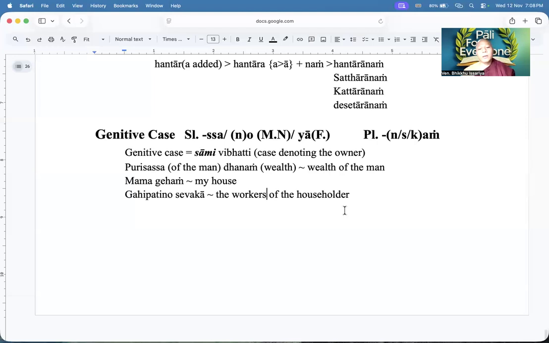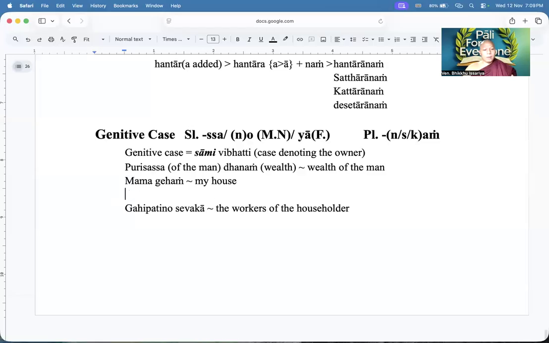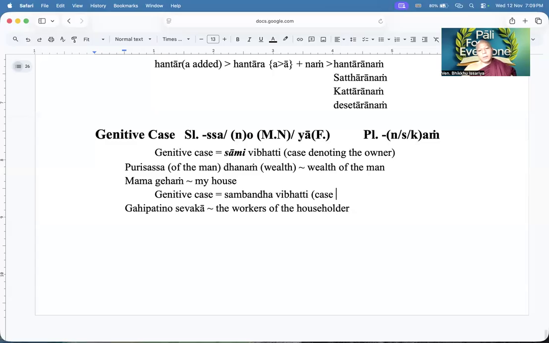Instead of saying belonging here, the sense of the genitive can be understood as those workers or servants being related to the householder. In that case, the genitive is called sambandha vibhakti,